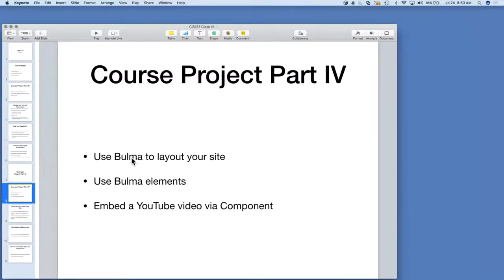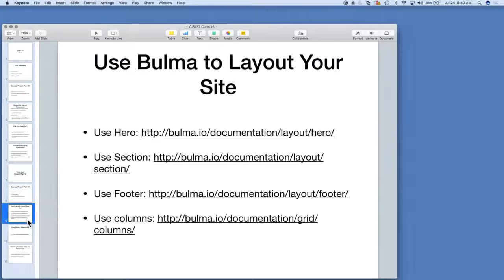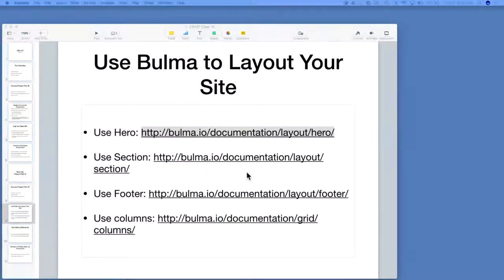So in course project part 4, you'll use Bulma to lay out your site. You'll use some Bulma elements, and you'll embed a YouTube video via a component that you'll create. So for using Bulma to lay out your site, you have to use a hero, a section, a footer, and you must use columns somewhere in your site. So if you go to each of these links,